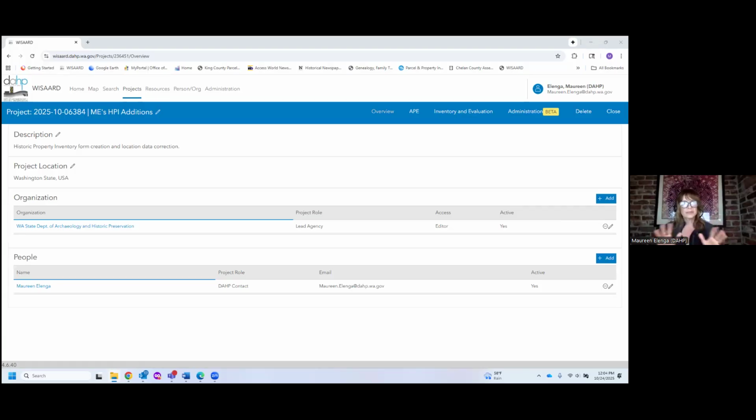There are some exceptions to this, and I refer you to the Washington State Standard, which can be found on our website, for information on any exception to that. Now, each HPI corresponds to a physical location on the map in WISAARD, and they are searchable via the map,